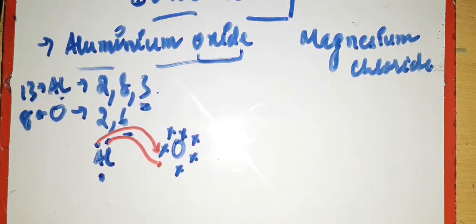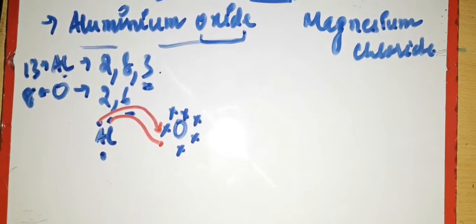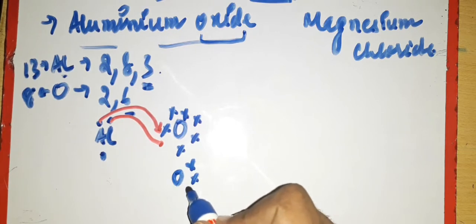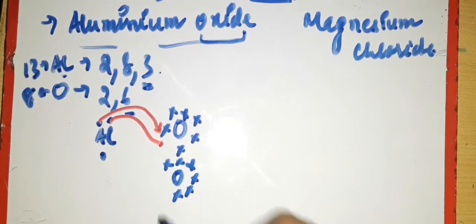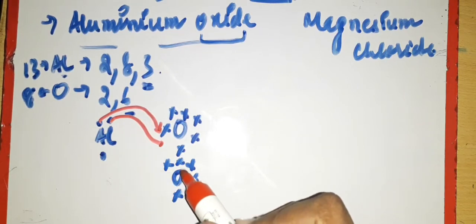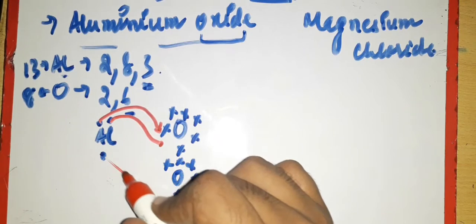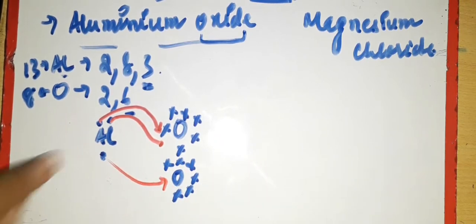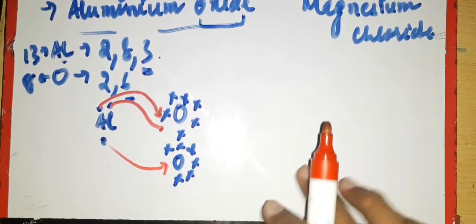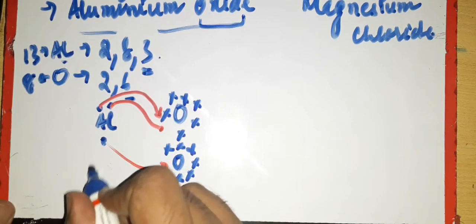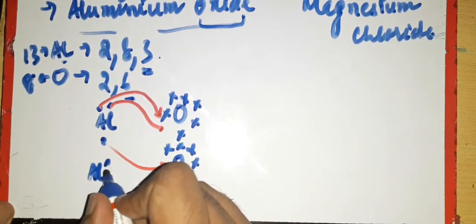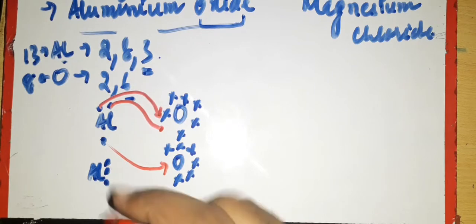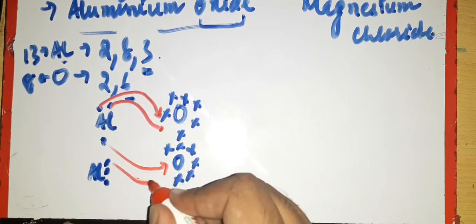Then what we can do is, now we will add one more oxygen, right? 1, 2, 3, 4, 5 and 6. So now it needs 2 electrons basically to get stable, and aluminium can donate 1 electron. Now aluminium is stable, but this oxygen is not stable right now. It needs one more electron, right? So what we can do is, now I'll put one more aluminium, and the electrons in its outermost shell are 3, so it can donate 1 electron, right? It will donate 1 electron.